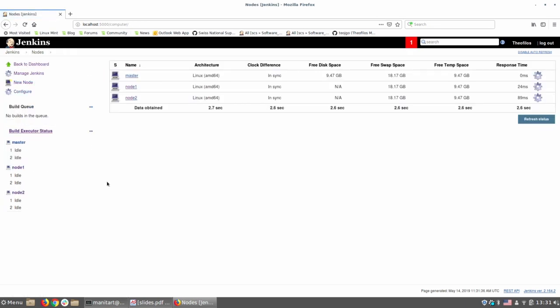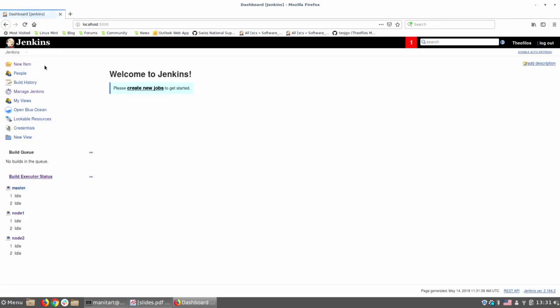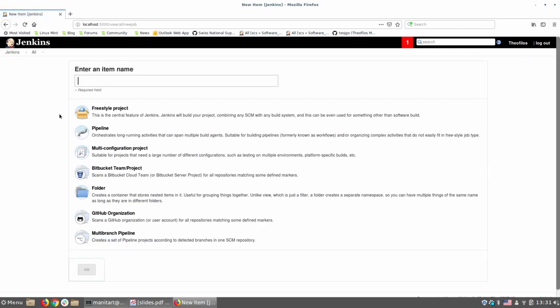So now, if we go to the main Jenkins screen, we have our two nodes set up, and we can start creating our jobs. To create new jobs here, generally you go to new item instead of new jobs, new item. So as I told you before, I can create a folder to organize my projects. So test folder,